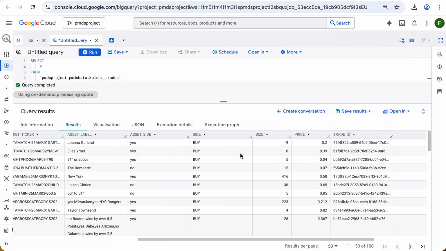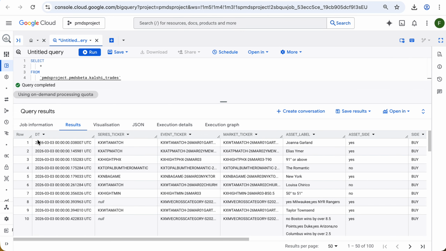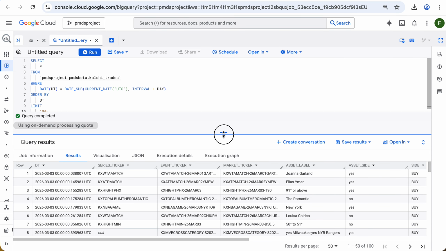The three main fields are side, size, and price, as you would expect with trade datasets, and the date and time. As you can see, the Kalshi API provides microseconds, so this is fairly okay for inferring a sequence of trades.